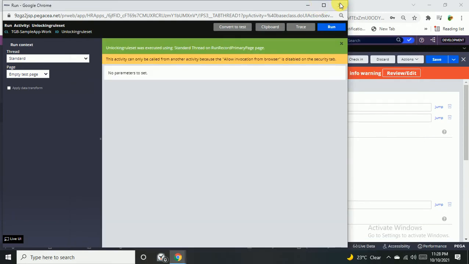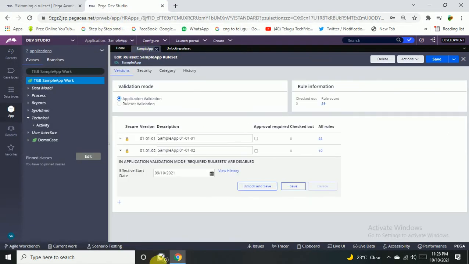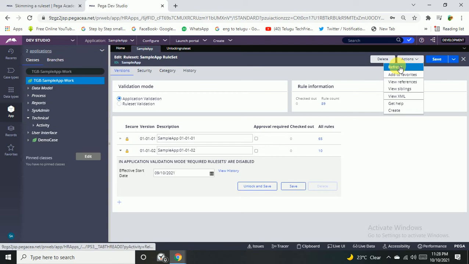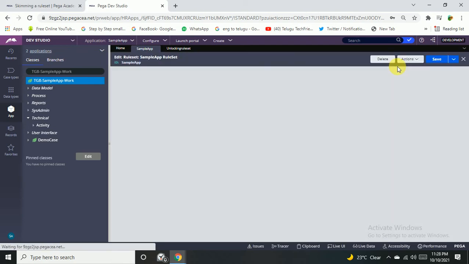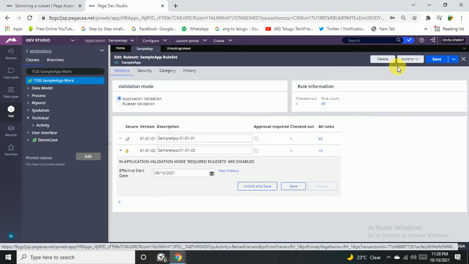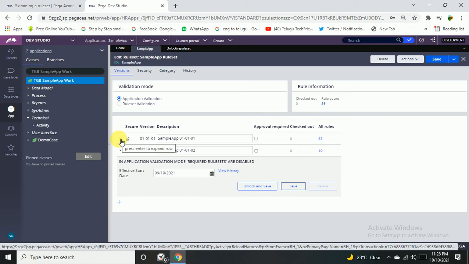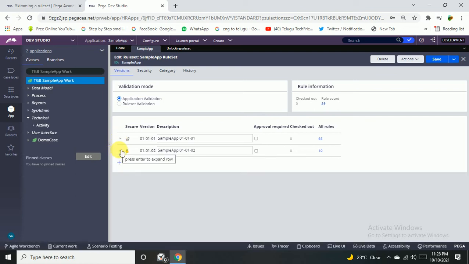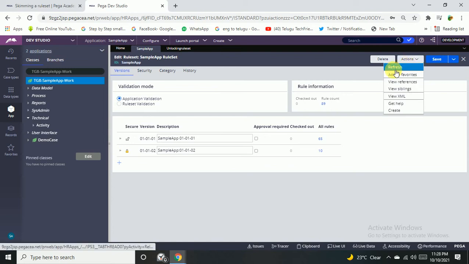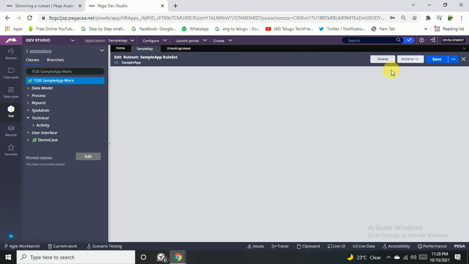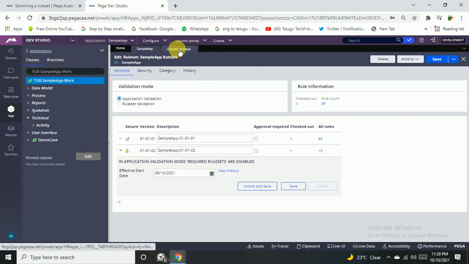Now what do I have to do? Get into the rule set version. It's not unlocked. If I refresh it once, then I can see whether it's unlocked or not. Let's refresh it once. Now only one is opened. Only one got opened. So what about the second one? Why is it not unlocked? Okay, let's refresh it again, maybe. Actually, I think the functionality we have implemented is wrong.